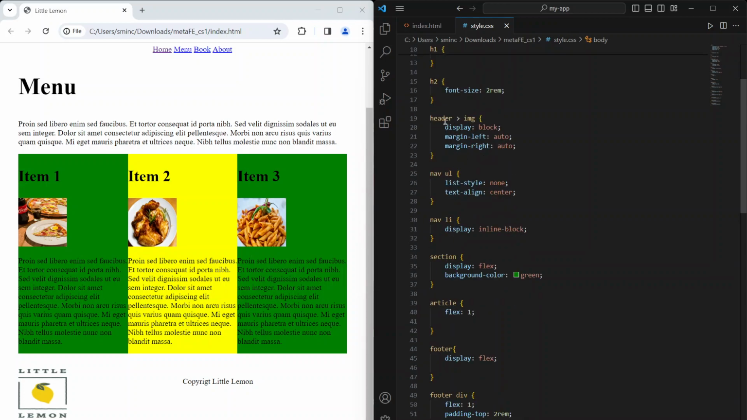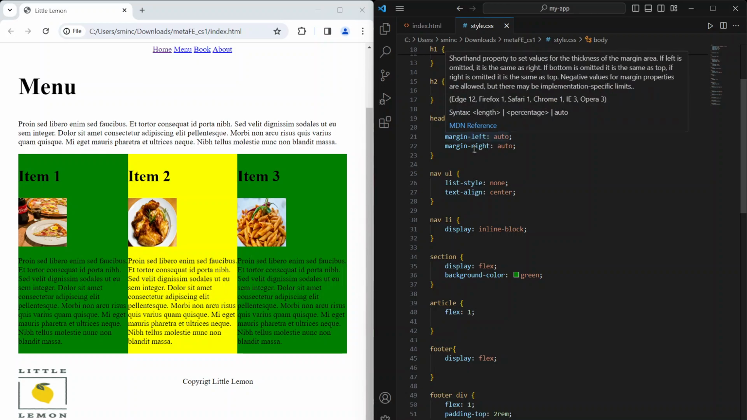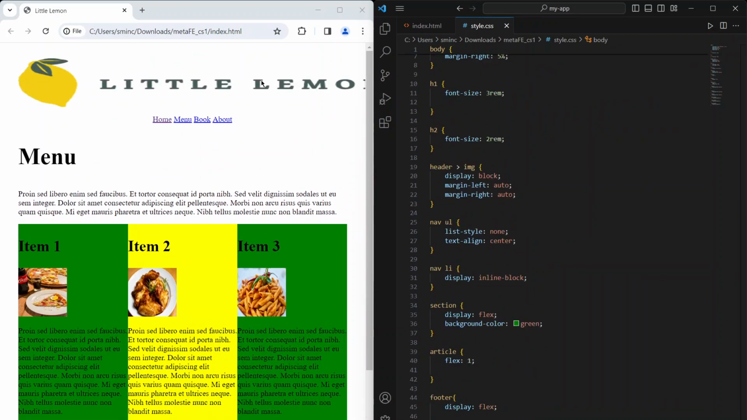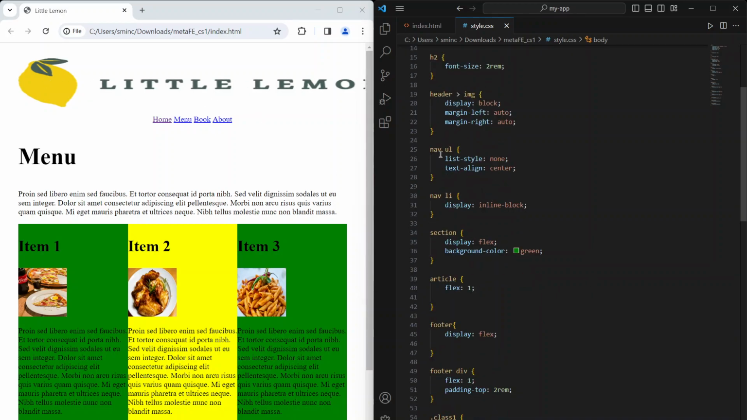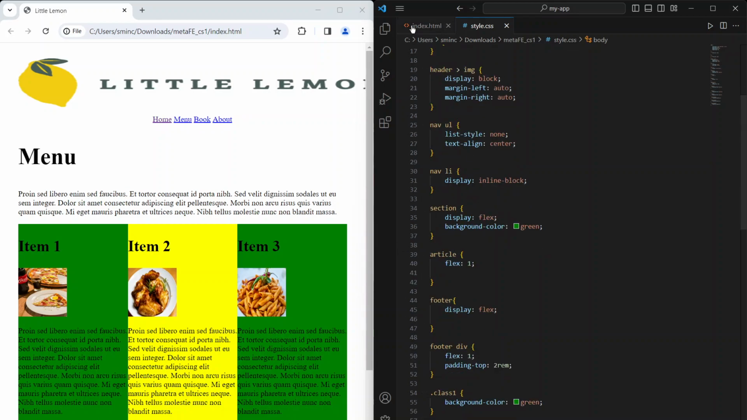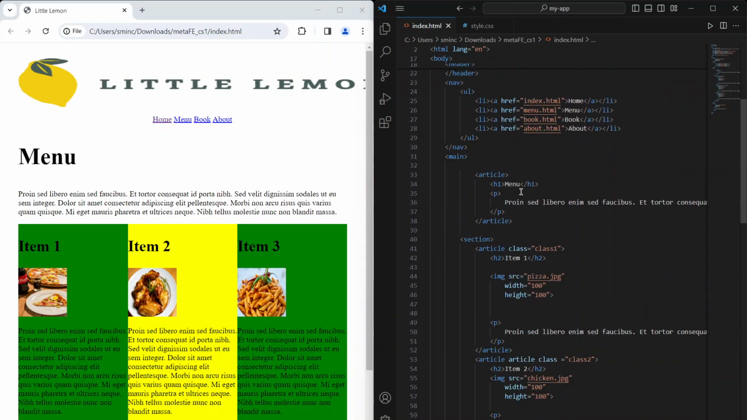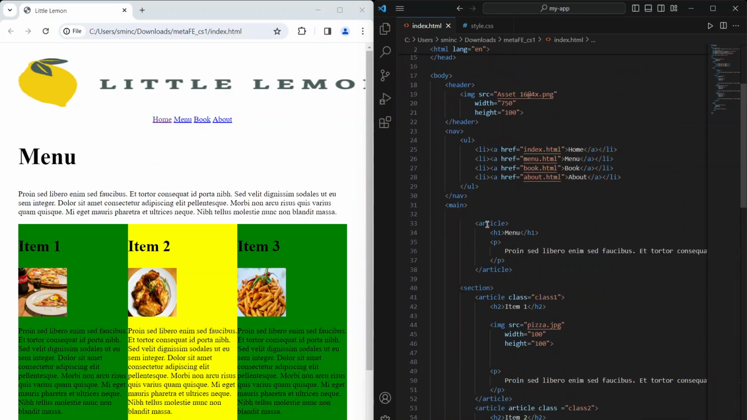And then the image inside our header, display is block, margin auto, which is this here. And then in our navigation for our unordered list, list style none, text align center, puts it in the center. And nav list, display inline block, which makes it go horizontal. And then for our section, which is all the section,